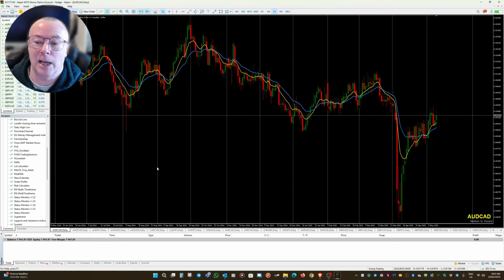The Aussie CAD is the last one on my list, so that is all of the pairs. We're looking at a setup here as well. We've recently had a cross of the moving average, and I love to see after a cross a pullback to the moving average, either 1 or 2 candles, and then a reversal again, so a small swing low. So we've got a large swing low here and then a smaller swing low here, and then the entry would be